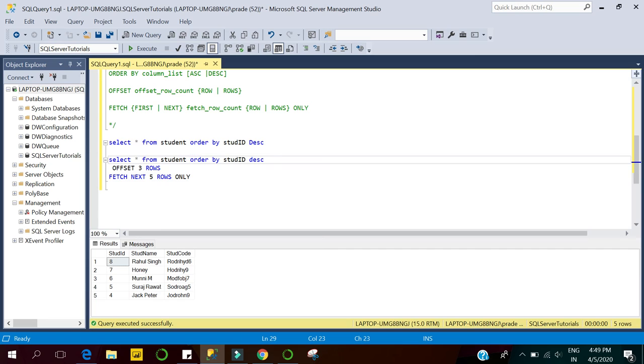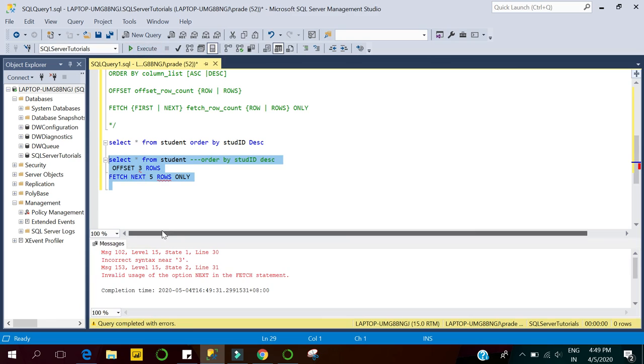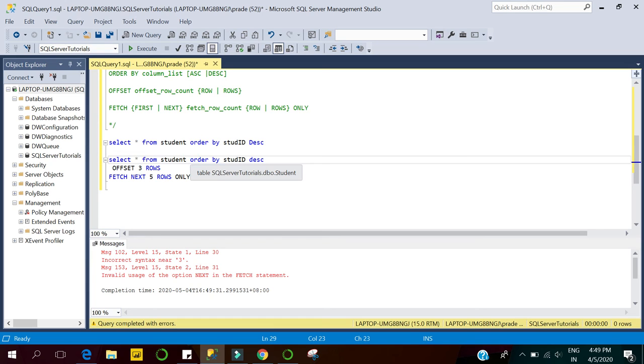And let's see, the order by clause is mandatory. Without the order by clause we cannot use offset and fetch; it will return an error. The order by clause specifies the order, for example ascending, and then we skip the first three rows in ascending order. If we use it without order by, it will randomly skip rows.